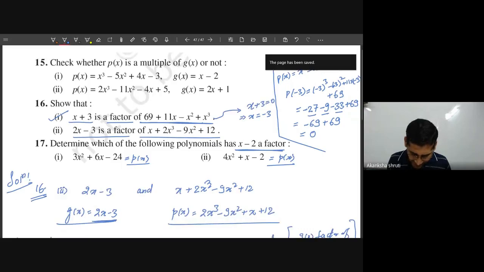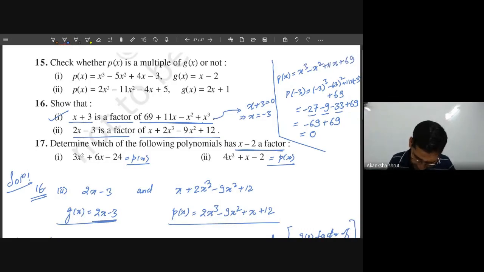Student, if you go for this question number 15, what you have to do is check whether this px is a multiplier of gx or not, meaning px can be written as gx multiplied by some qx or not. So what will you do here? You will divide px by this gx first. Okay, if you divide and the remainder is 0